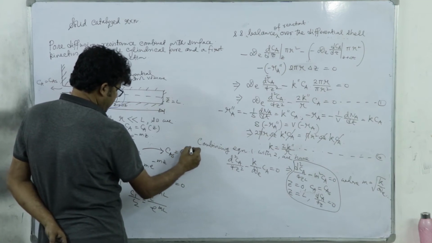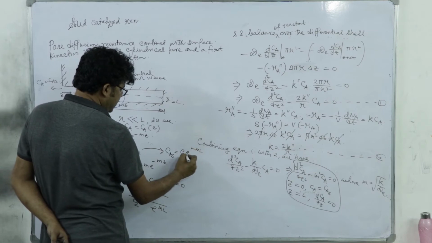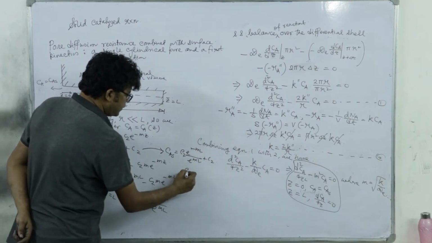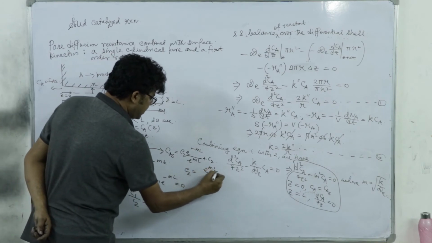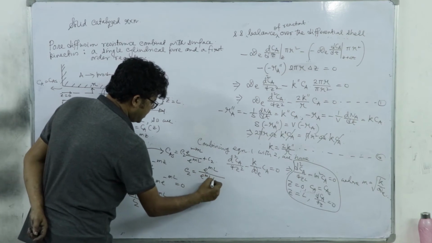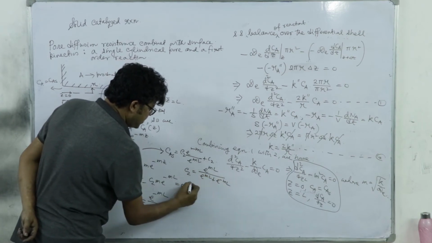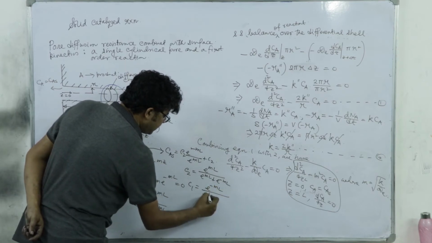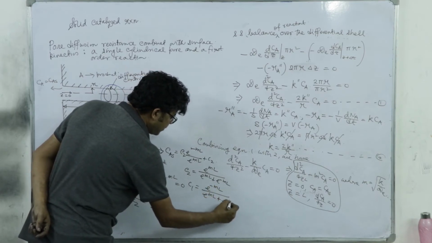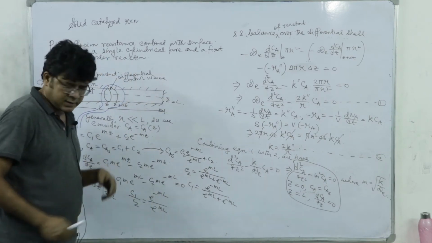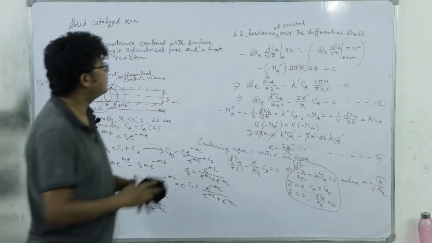Right. So, if I substitute it, CAS is C2 into e to the power minus ml by e to the power ml plus C2. So, C2 is e to the power ml divided by e to the power ml plus e to the power minus ml, and C1 is of course e to the power minus ml divided by e to the power ml plus e to the power minus ml. So, if I substitute it in this equation, we will get